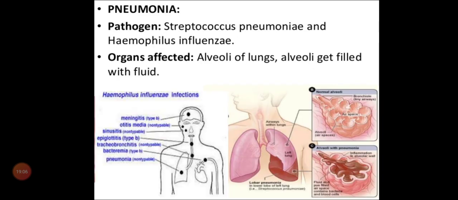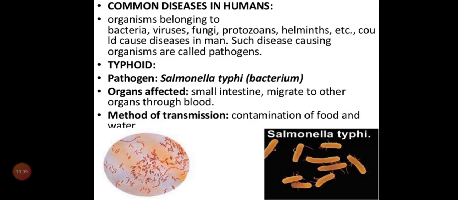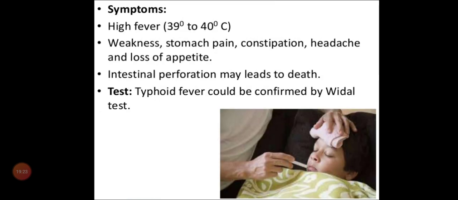So we'll discuss once again the common disease: Salmonella typhi, the typhoid bacterium. The organs affected, these you want to keep in your mind: the small intestine, and it will spread through the blood also. Contamination of water and food happens through fecal matter and house flies. And what are the symptoms? What is the test? The Widal test, which checks the blood serum for whether antibodies were produced or not. Is that clear, children? In the next video I will send